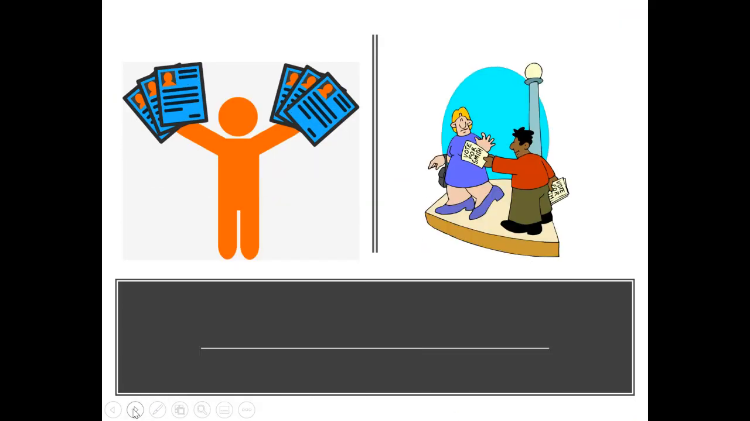So here's our first pair of pictures. What do you notice or see? So you can say, I notice or I see. Well, I notice in the first picture that this person is holding up 6 different papers with something on them. And in the second picture, I noticed this man is handing out flyers or advertisements of something to this person. So how are these pictures the same or similar? They both